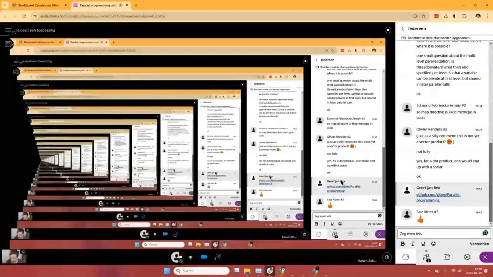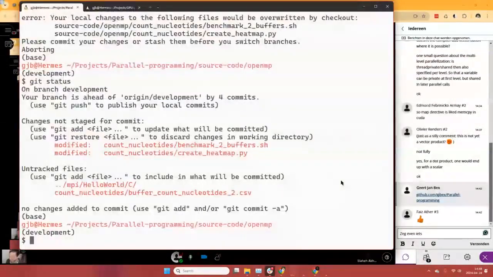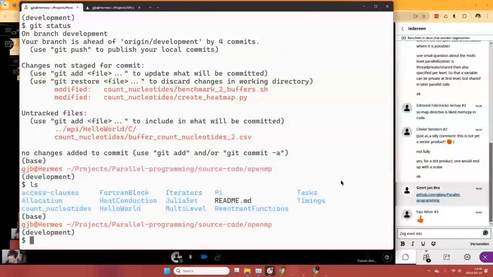All right, so what do you want to do? We have 10 minutes left. If there are any more questions, please feel free to ask. If you want to do the heat map example, for instance, that might be a very good idea. Apart from that,